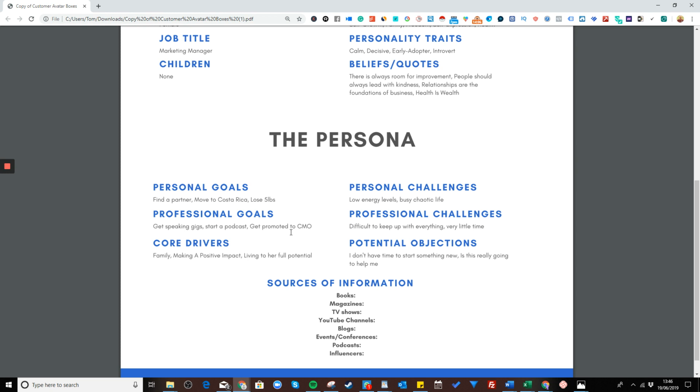What are her core drivers? Then this is really important. What are the real drivers behind her making a decision? So the 3 I've put down for Mandy: family is one, so how's it going to impact her family? Making a positive impact is another, and living to her full potential. Now, if you think about this, these are all things that you can speak to in a really powerful way,